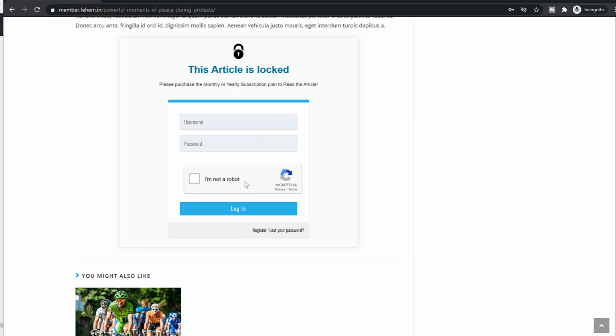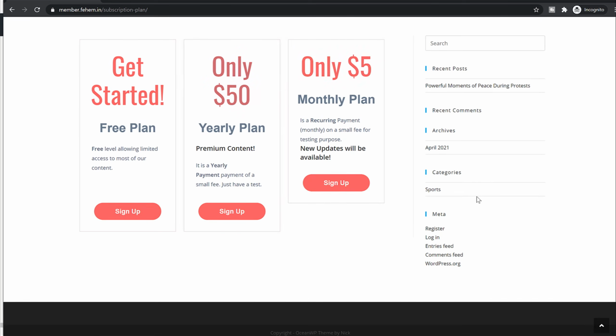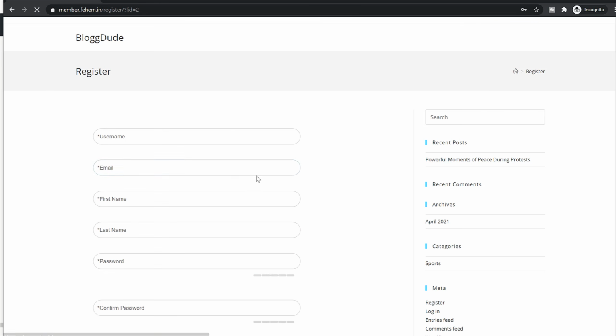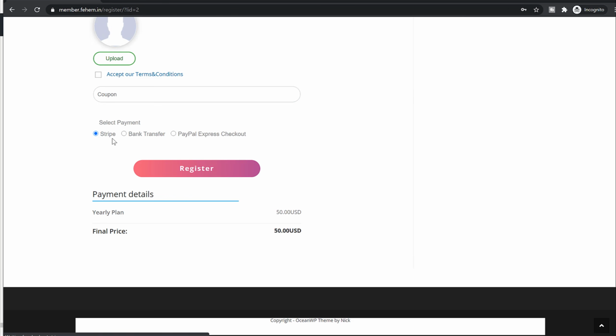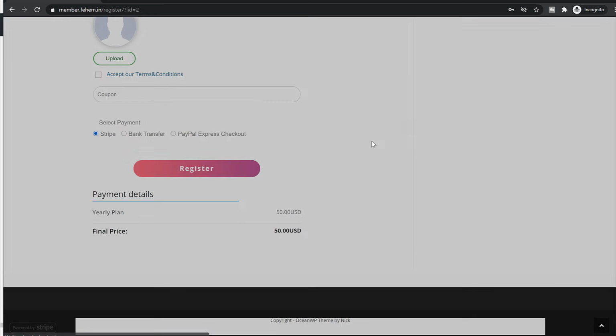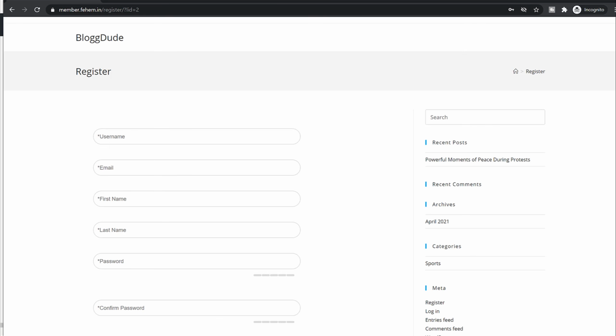And we also have this reCAPTCHA option that we have set. So this is also working. If you want, you can now go to the register page and register. Right now it is looking bad because we have the sidebar. We'll delete the sidebar at the end of the video. Now if a person selects any one of these plans, they will have to fill in this simple form. They can select Stripe. If they click on register, as you can see, they can make payment through all these things. So this is how this thing works.